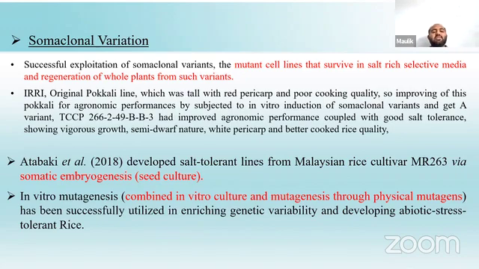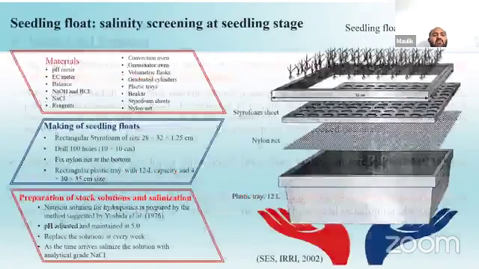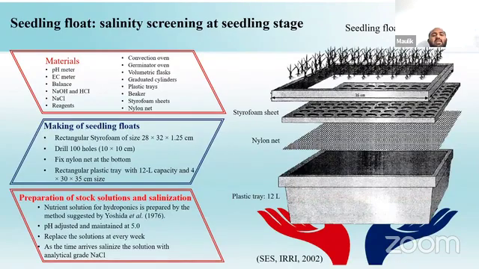In vitro mutagenesis combines in vitro culture and mutagenesis through physical mutagenesis. It has been successfully utilized for genetic variability and developing abiotic stress tolerant rice. So this is the screening, meaning how to screen our material for salinity tolerance. So this is a seedling float, means